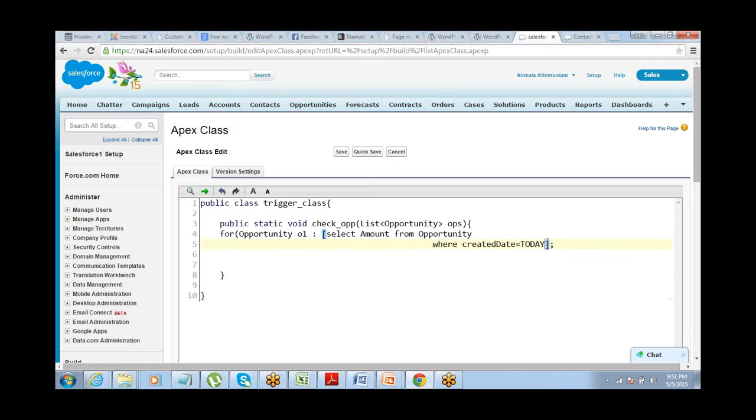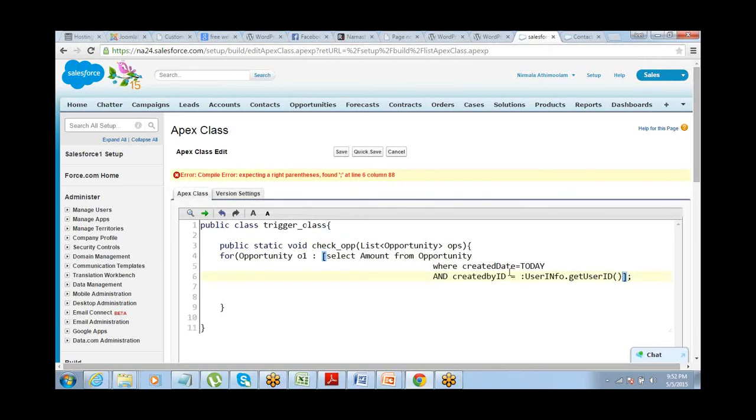Okay, and created by ID equals UserInfo.getUserId(). Close here, and then the for loop starts.